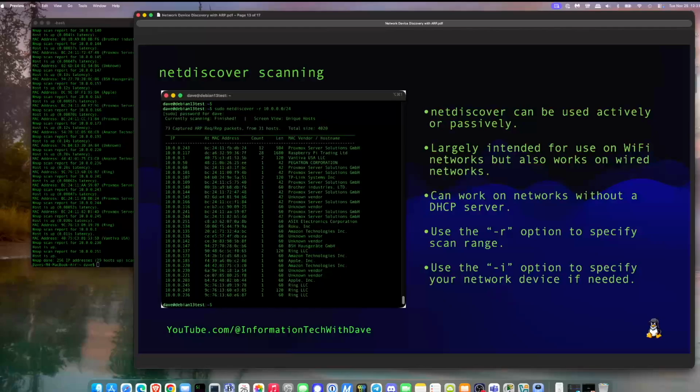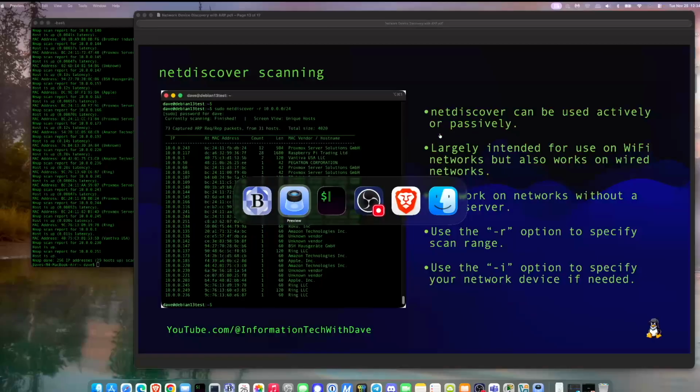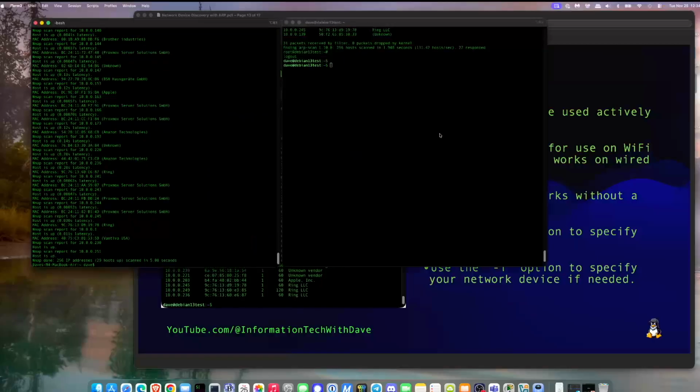NetDiscover is a program that you can use on Linux. It can be used actively or passively. It was originally intended largely for use on Wi-Fi networks, but it also works on wired networks. It can actually work on networks that don't have a DHCP server, and if you use the -R option, you can specify the scan range, and you can use the -I option to specify your network device if you need to do so. So what we'll do is we'll hop on over to our Debian VM,